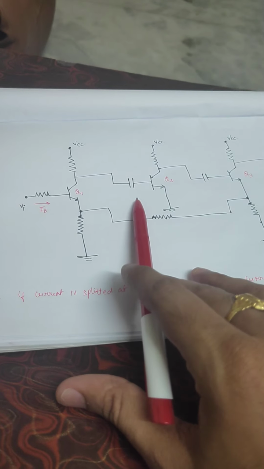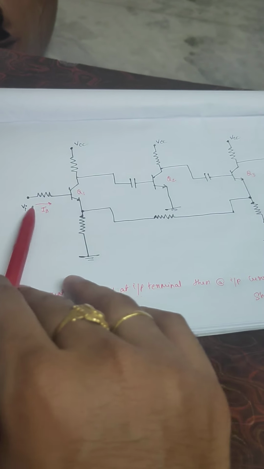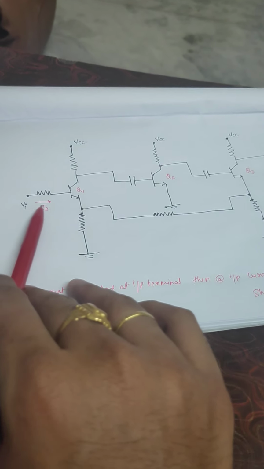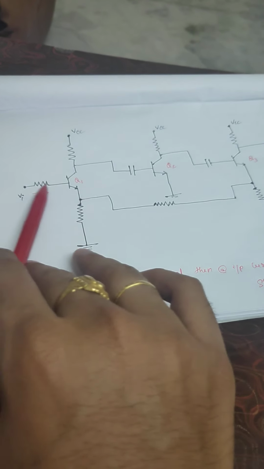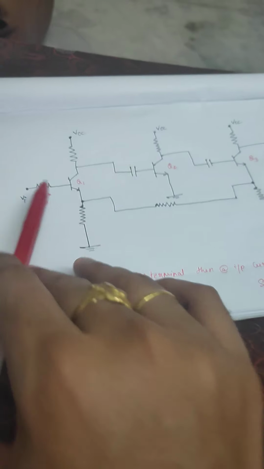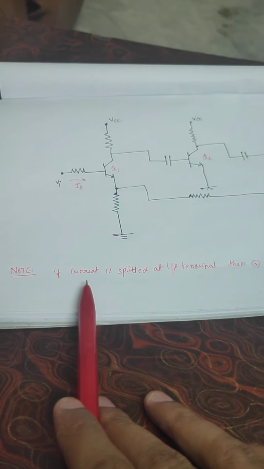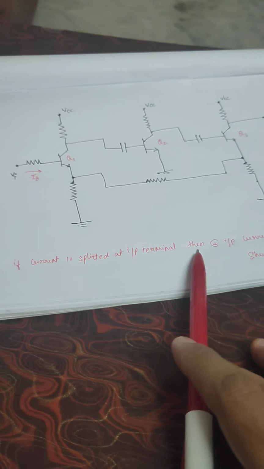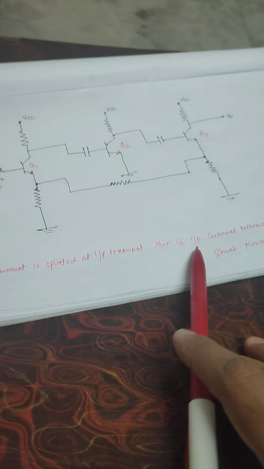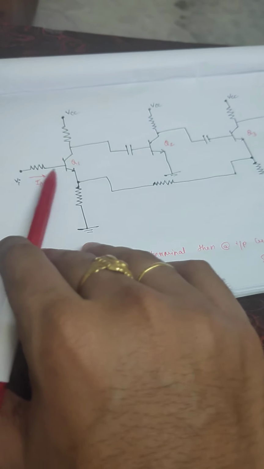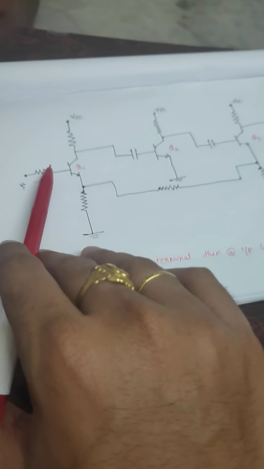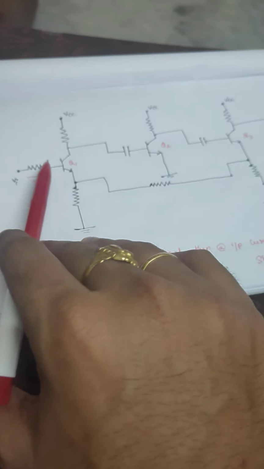In order to check this, first of all let us project a current at the input terminal. I have projected a current of IB, right? If you observe, IB is not split anywhere at the input terminal. So I am going to write a note here. If a current is split at the input terminal, then current mixing is done at the input. That means if there is no splitting at all, you can easily write that no mixing of current is done. Hence it does not belong to the current mixing category.